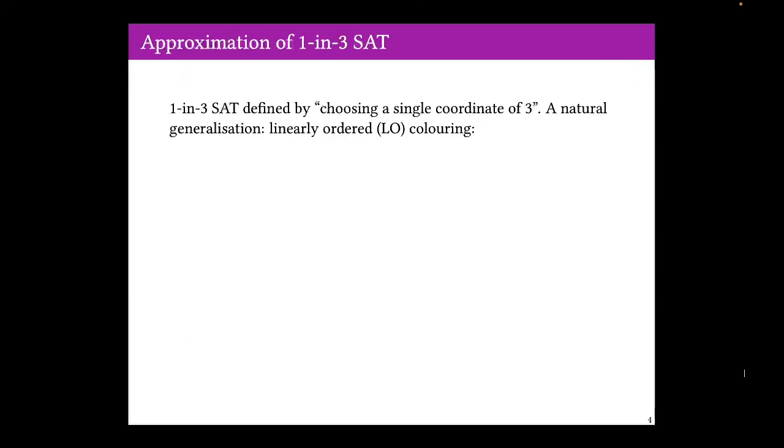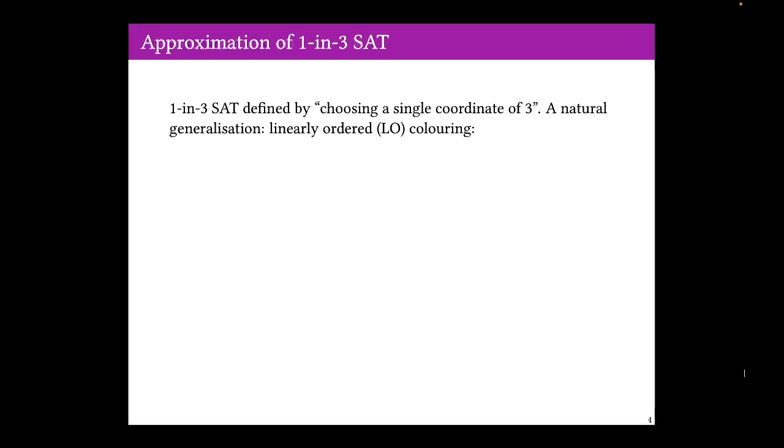The first question is, however, what can we even consider to be a good qualitative approximation of 1-in-3? What could serve as an appropriate relaxation? If you think about it, 1-in-3 is defined, basically, by choosing a single coordinate of the 3 in each constraint. A natural generalization that follows this idea, at least the one I'll be going with for now, is